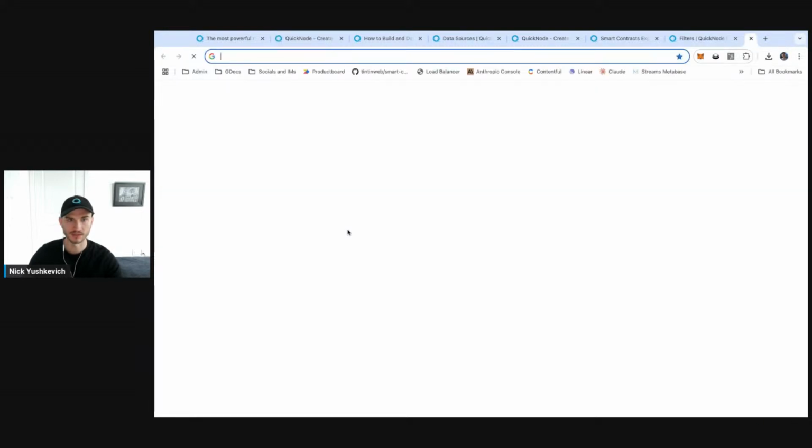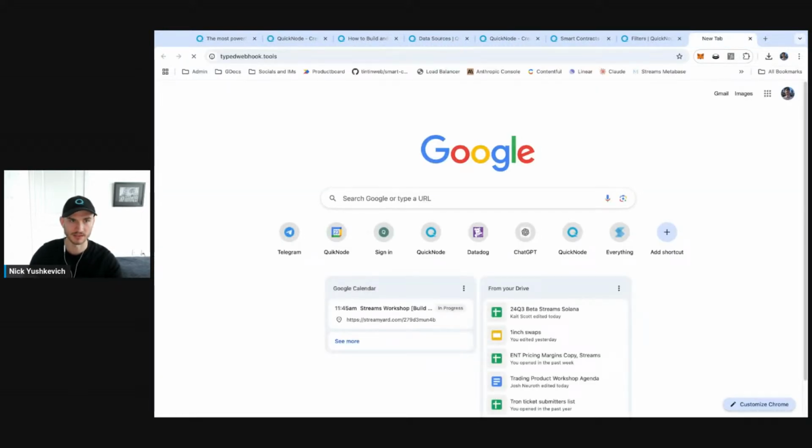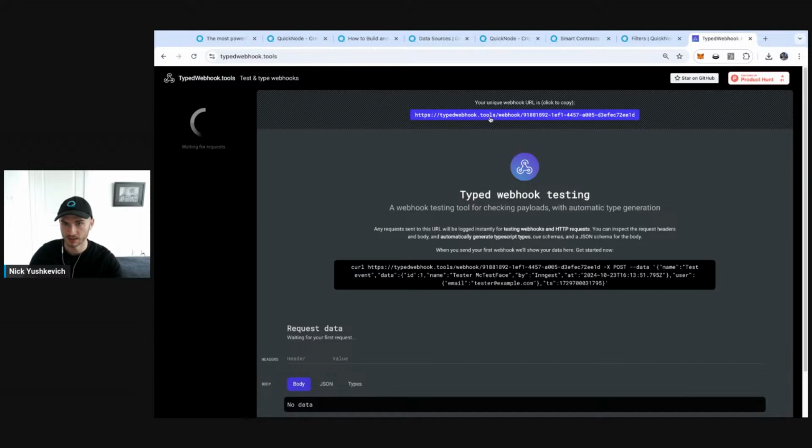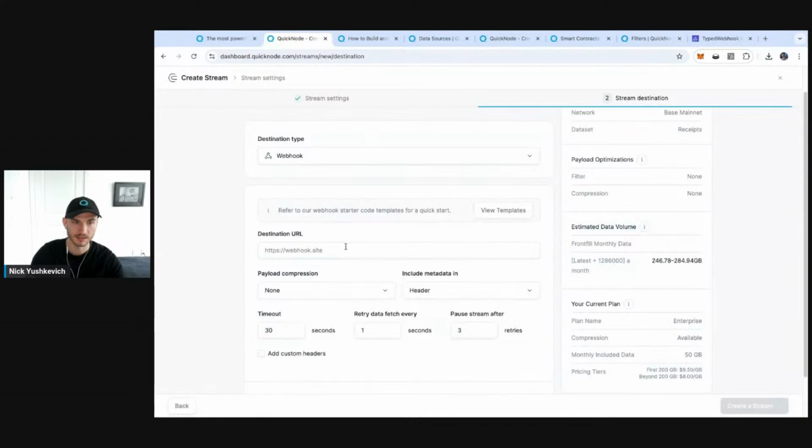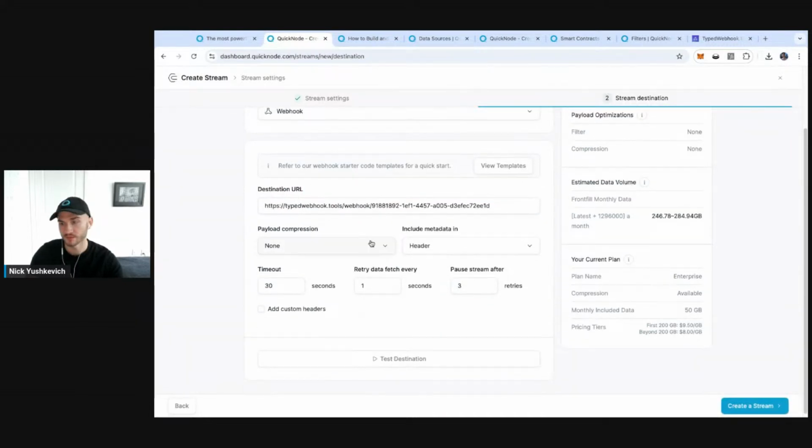But I'm going to illustrate that by using a typed webhook tools server that just spins up a server for you. And once you go to this page, you could click on the webhook URL to copy the server. And then I'm just going to put it inside the destination URL here. And we have a couple of other